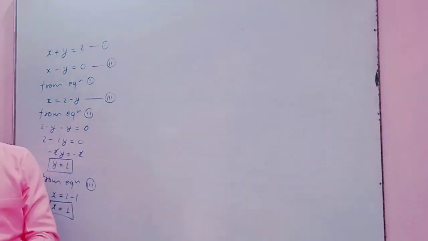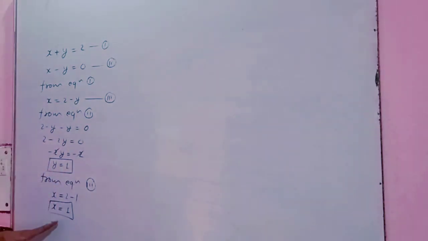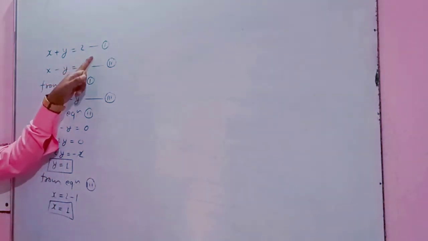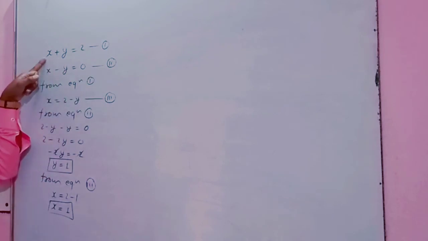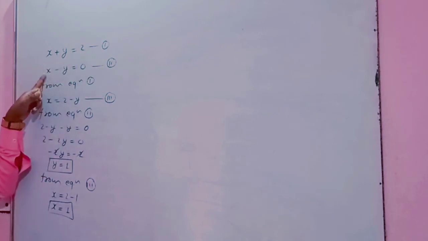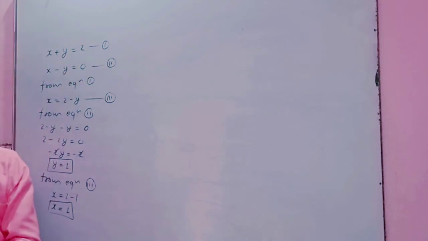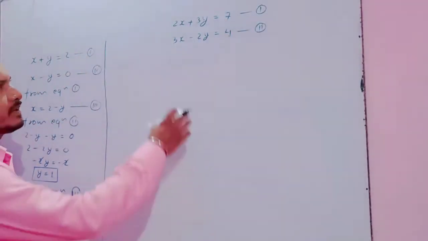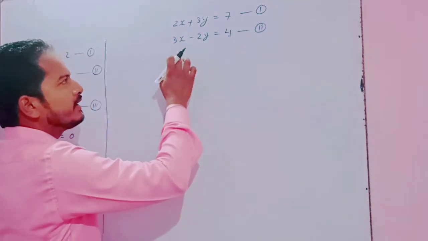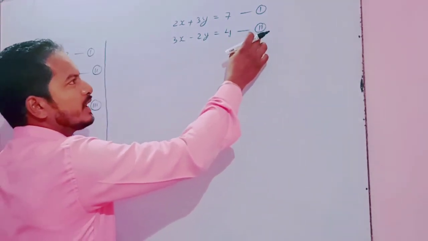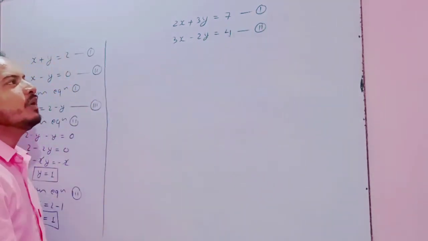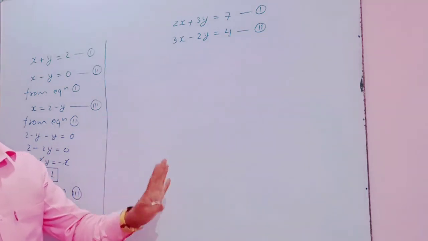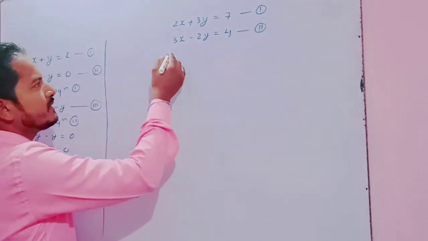Now we can verify our answer: if we substitute the value of x equal to 1 and y equal to 1 in equation first and equation second, then 1 plus 1 equal to 2 and 1 minus 1 equal to 0. It means our solution is correct. Now let us have another example, that is 2x plus 3y equal to 7 and 3x minus 2y is equal to 4, equation first and second. We need to find the solution of this pair of linear equations in two variables. So from equation first,